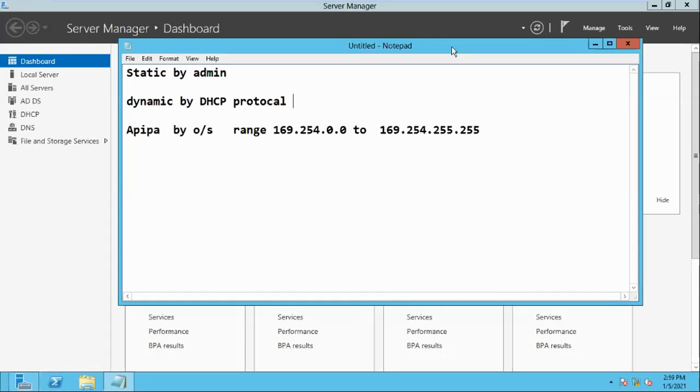When the DHCP assigns the IP addresses to the clients, after that, what do you say? Whatever pool of IP addresses we have set in the DHCP, it assigns all the IP addresses. For example, we have set 10 IP addresses in that pool, and it has assigned all 10.